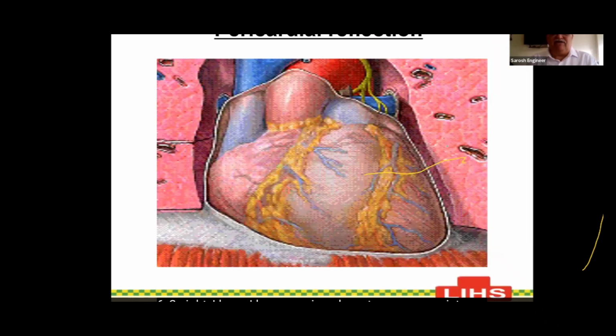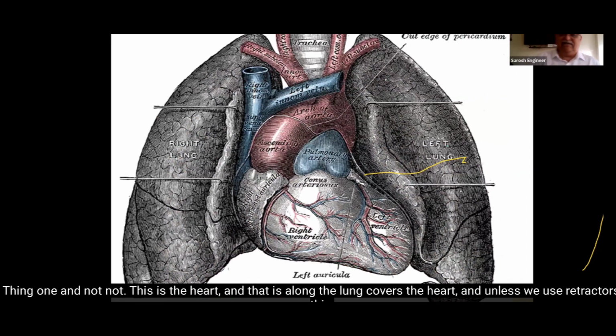Right? I hope I have convinced you to see some pictures, nice pictures. Go ahead and see them. Get an understanding of the body being one and not parts. This is the heart, and that is the lung. The lung covers the heart, and unless we use retractors like this,